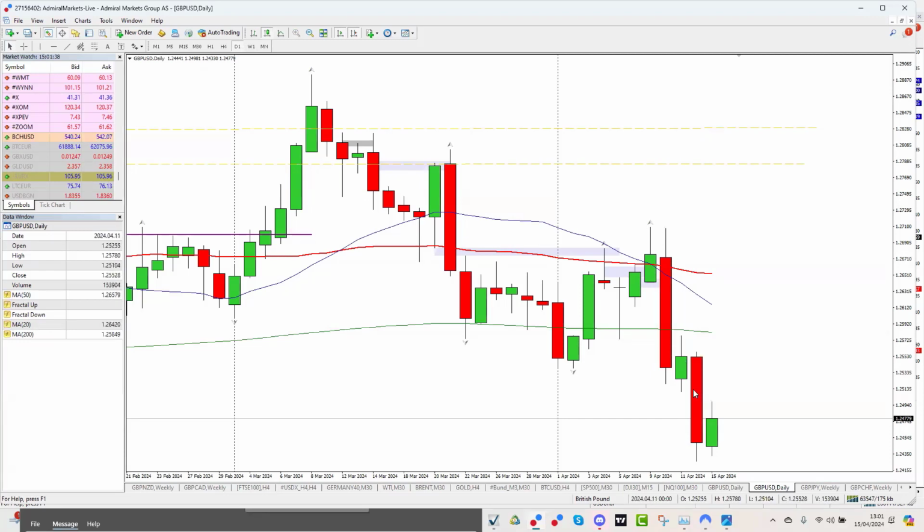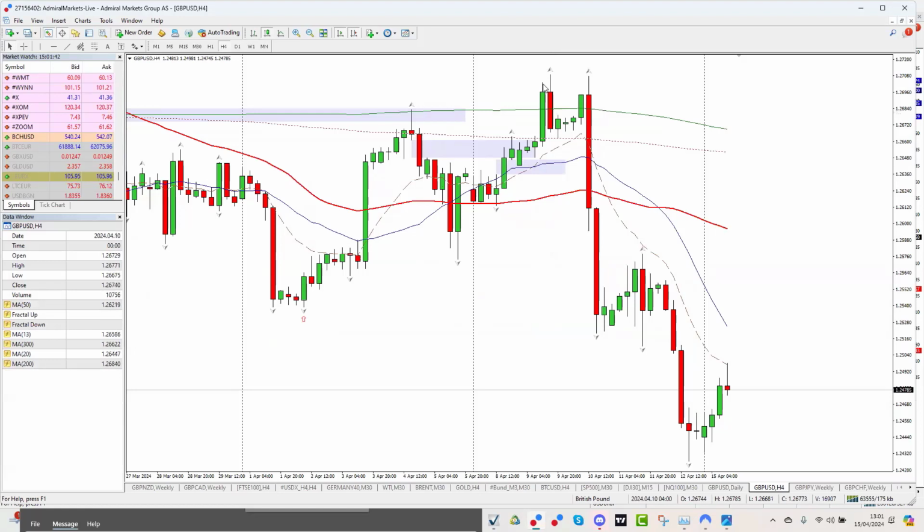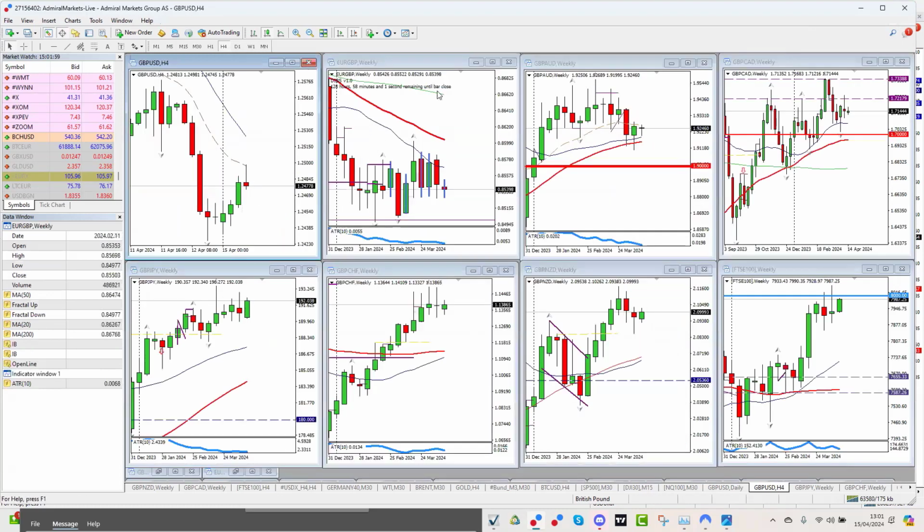You can see there, bosh, that's what happened last week, and it's the 4-hour chart. We had a really lovely double top off the 200-period moving average. You can see for yourself what happened there. No surprise, a bit of a relief rally here, but interestingly, watch to see how this 4-hour candle plays out as we go into the open of the US session.